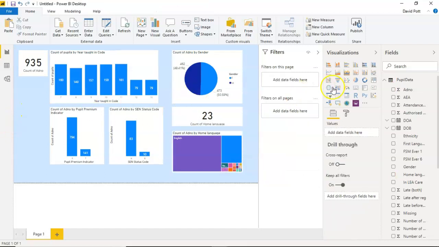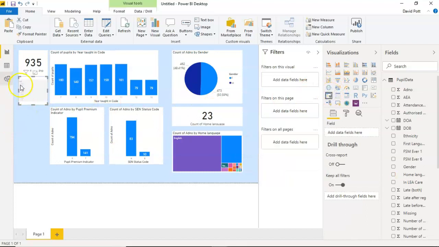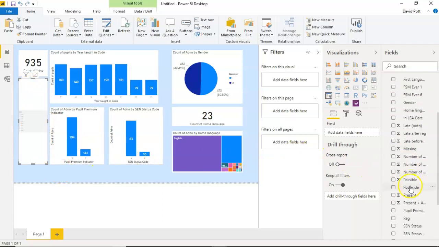And the final one I'm going to do, I'm going to put a slicer on here. Slicer is really useful for allowing your end users to focus in on particular groups. There are other ways of allowing your end users to focus in on different groups, but this is a really, really easy thing for them to understand. And no matter how computer literate they are, most people can get the hang of these pretty quickly. So I'm going to put a slicer in there that just takes registration group